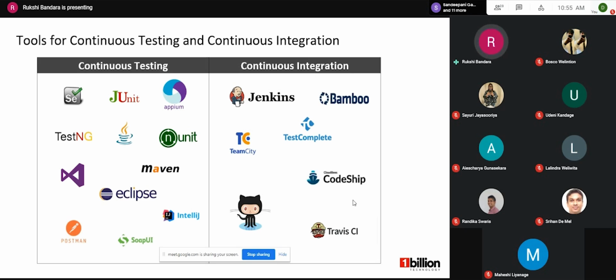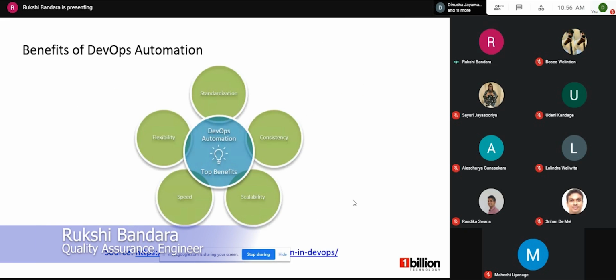For continuous integration tools, I have mentioned here Jenkins, Bamboo, TeamCity, Test Complete, GitHub, CodeShip, Travis CI, like that. Apart from that, there are so many other continuous testing tools as well as continuous integration tools available in the market. So let's see what are the top benefits of DevOps test automation here.